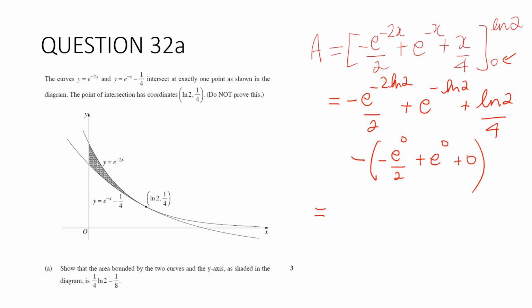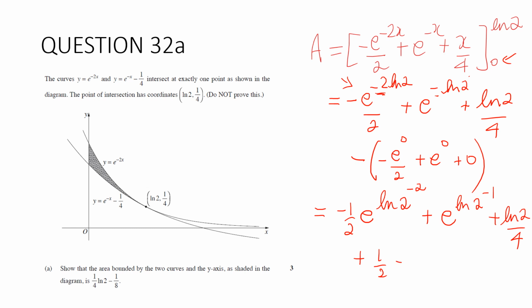Equals, now this guy here. This is negative a half, e, and I've got this negative 2 here. I'm going to go ln 2 and raise that as a power, so that's a third log law. Plus, same sort of method, e, let's take this negative up here as a power, ln 2 to the negative 1, plus ln 2 on 4. Let's tidy this mess up. What have we got here? Plus a half minus 1